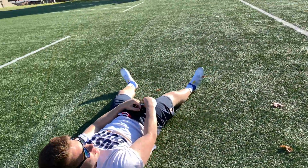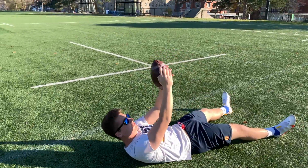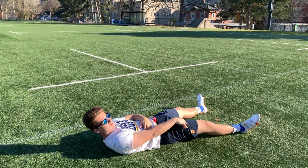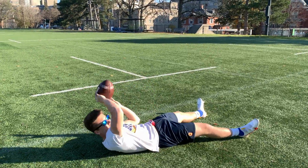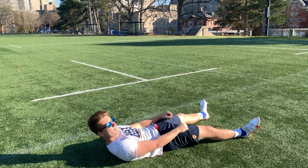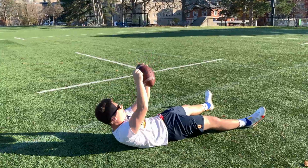And that's what you see a lot when you're watching like NFL or guys that are really good, and they always seem to drop the really easy ones because they turn away, start worrying about the defender too early. So every time you catch it, you gotta make sure you tuck it, and then start worrying about the rest